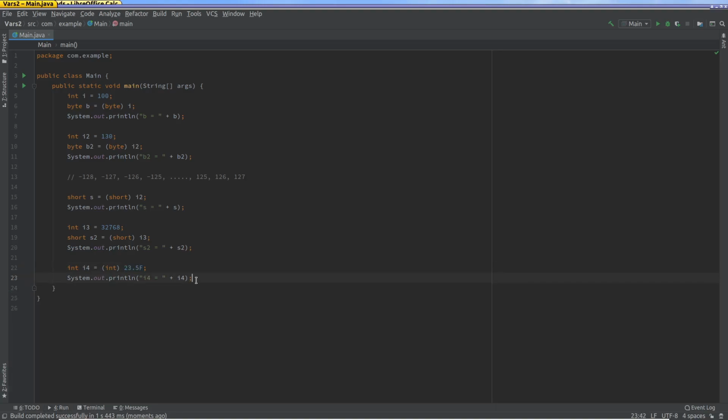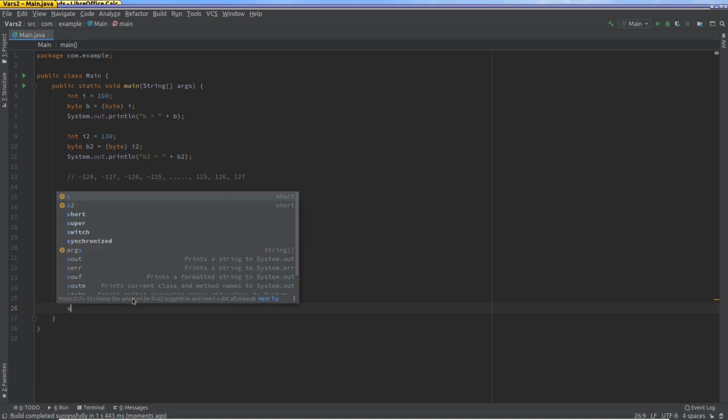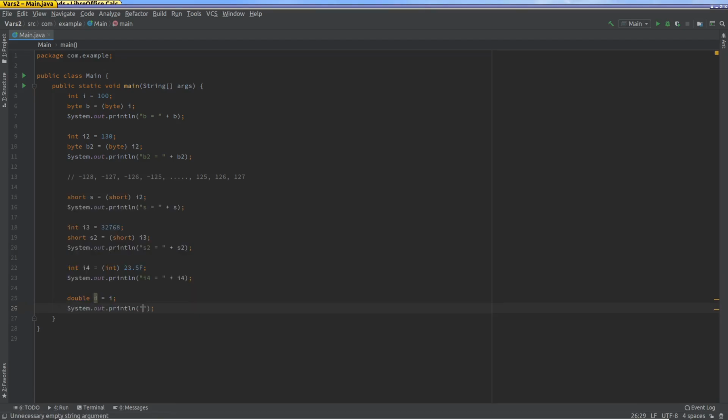But what if I do it the other way? So for example, if I have a double D and I want to assign it a value of I, which is up here, which is 100, right? Now this is an int with a D. Now, if you notice here, there is no error because an int, which is 4 bytes, fits in a double. It's also less precise than a double because a double is a decimal point, so it's probably more precise. And so Java says there are no issues, and so I can actually just print this out. So I could say d equals plus d.